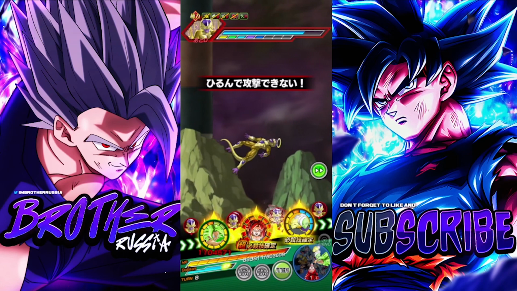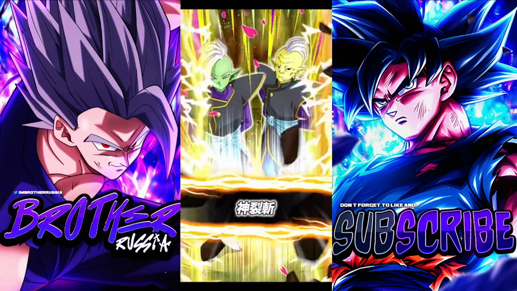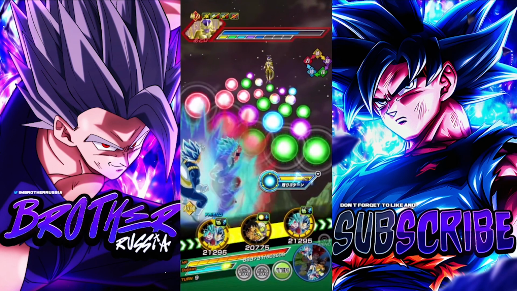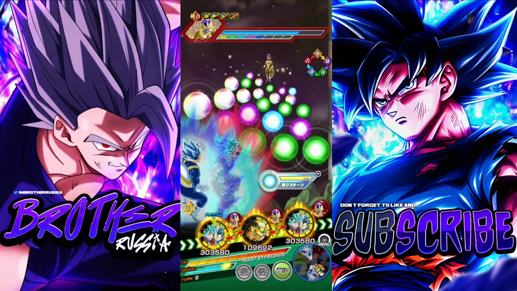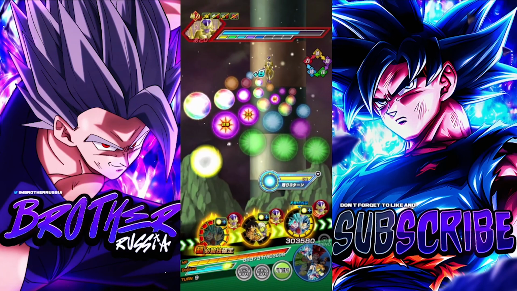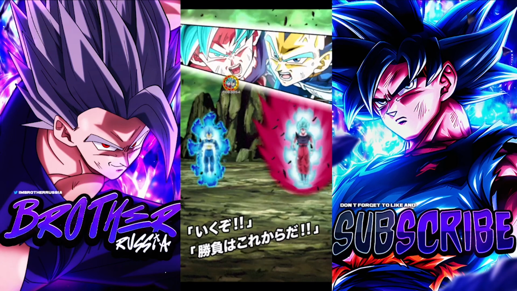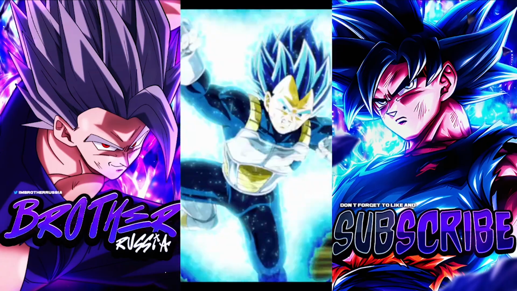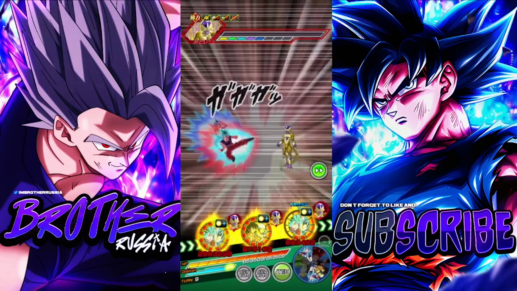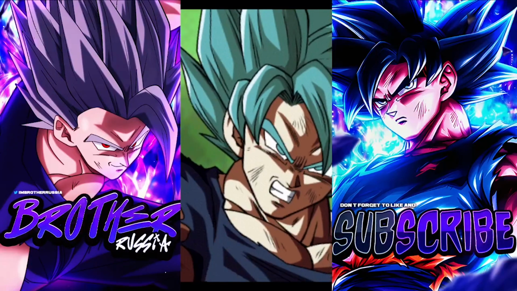They dropped the Kale, but they gave her no additional help. Frost is not a good unit, and other than dropping Frost, they really didn't do anything else. They didn't give us an LR hit. They kind of just left Universe 6 in the mud. They could have even dropped an LR Caulifla to go along with that Kale, and Universe 6 could have got a lot of help like that. But all they did was just drop Kale. They gave a really terrible Frost banner unit, and